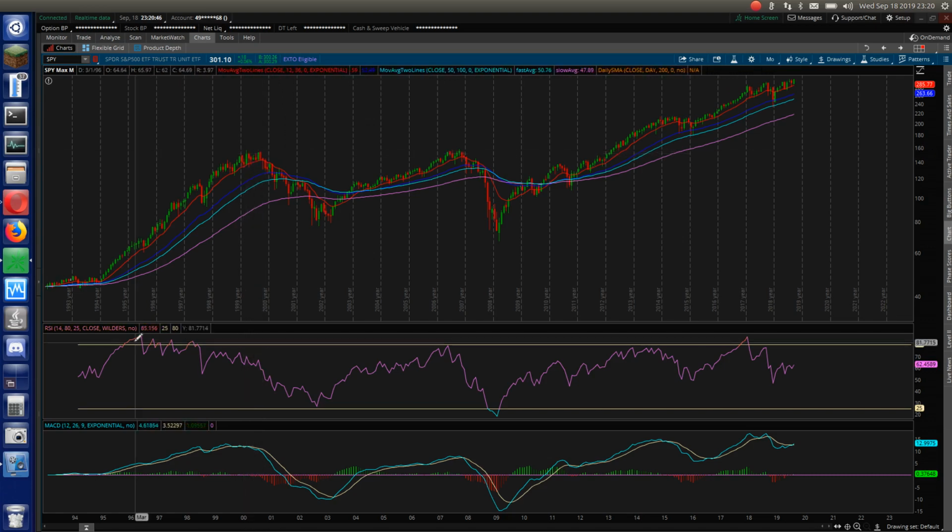So you can kind of see here with your RSI that you got some divergence. Price action's going up, and our RSI is going down. So that's your classic bearish divergence right there. So price is going up and RSI is going down. So let's draw a line right here